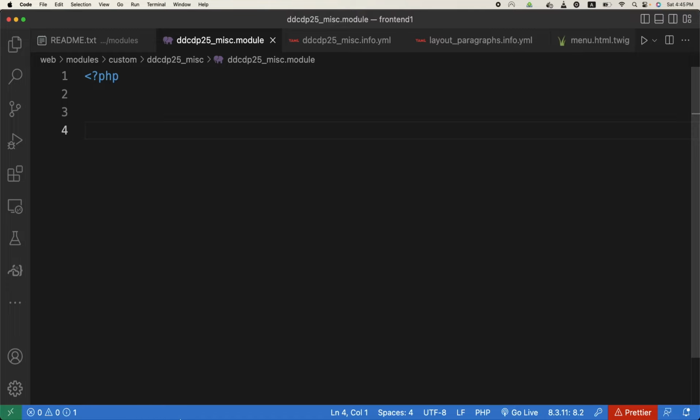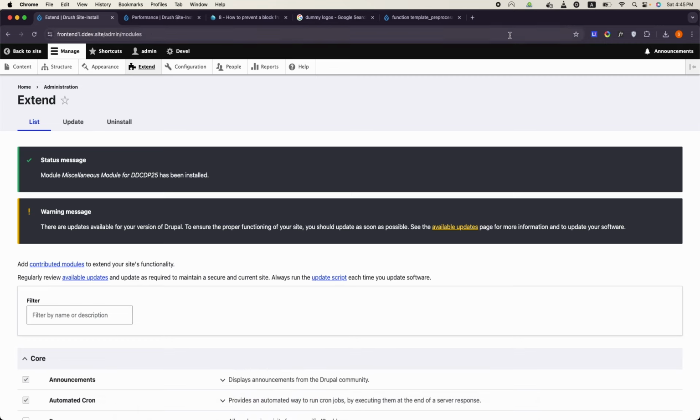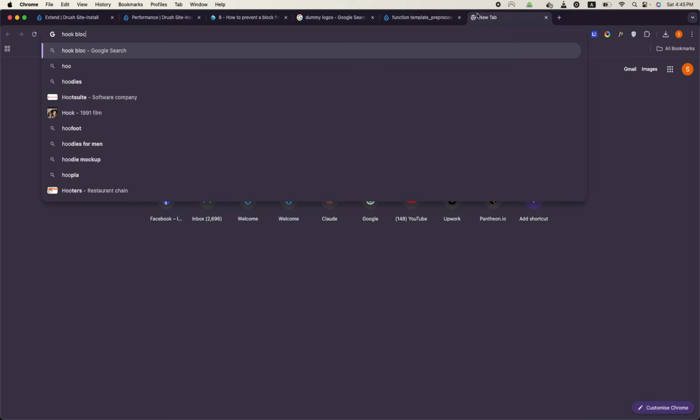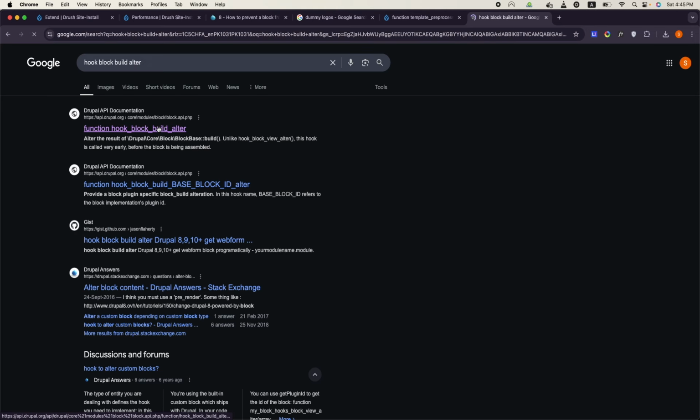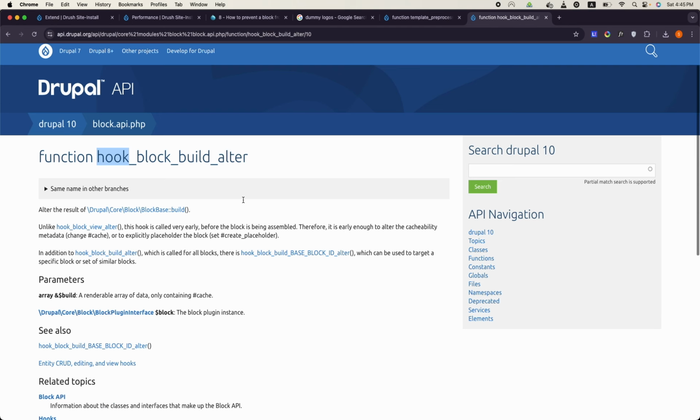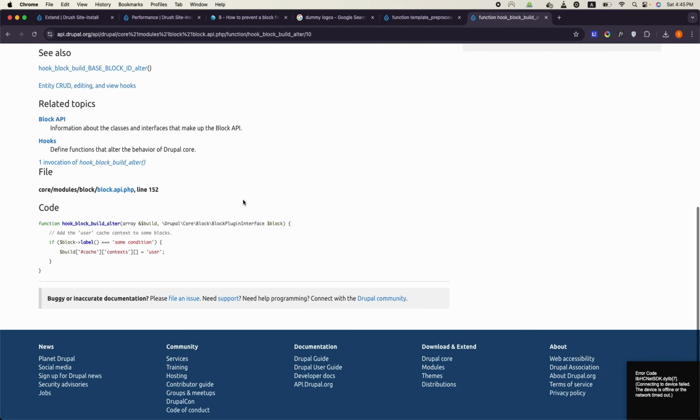Hook block build alter. So if we go to hook block build alter, hook means module, or it can be a theme also. So here this hook_block_build_alter, we'll use this function. We'll copy this code